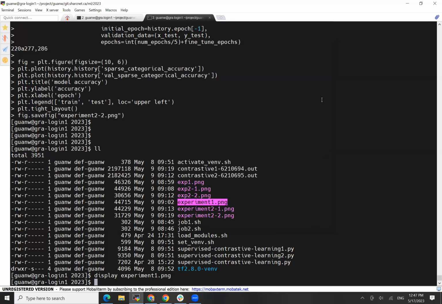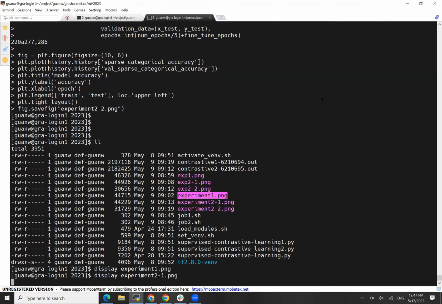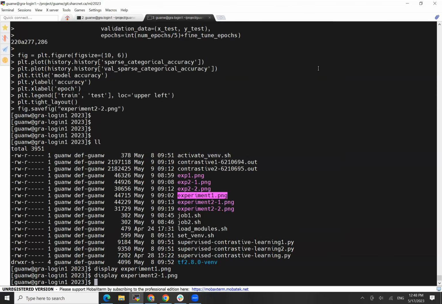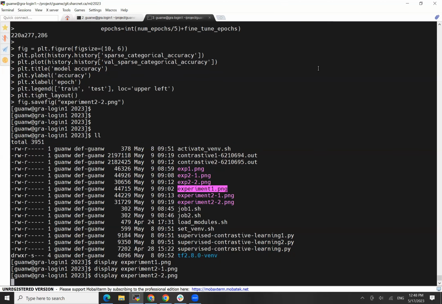And let's see what we do in the second experiment. Let's first look at the loss function, which is phase 1. We train the base model to produce more discriminative feature vectors. We see they're quite good, and then we see the fine-tuning part